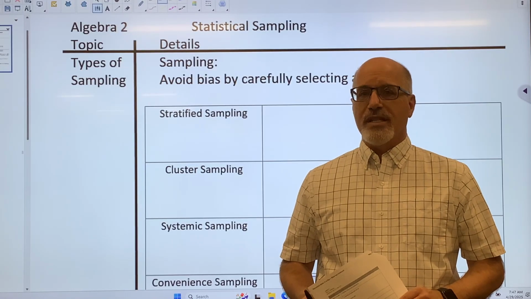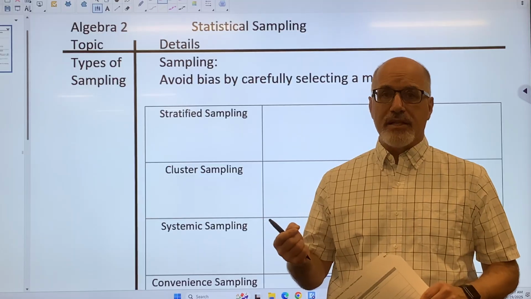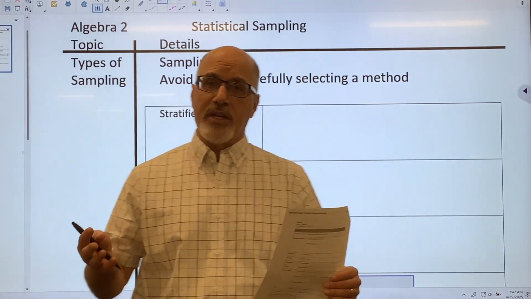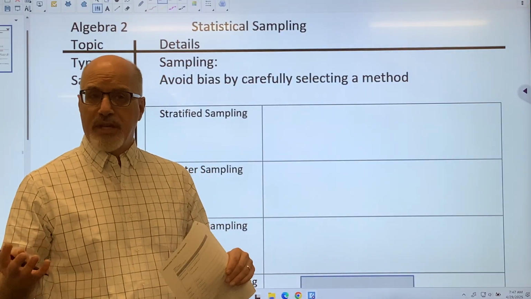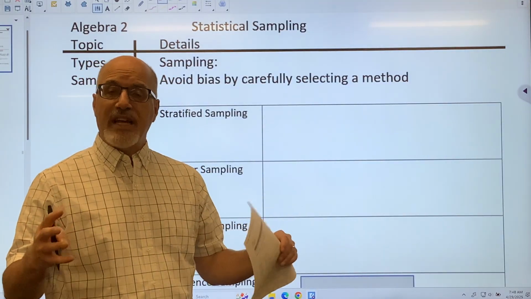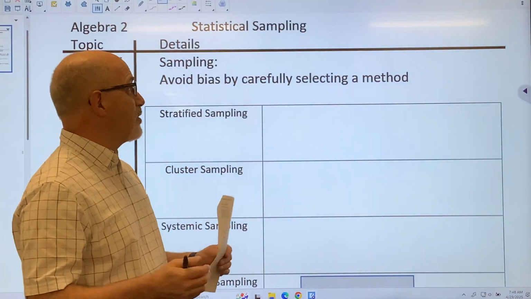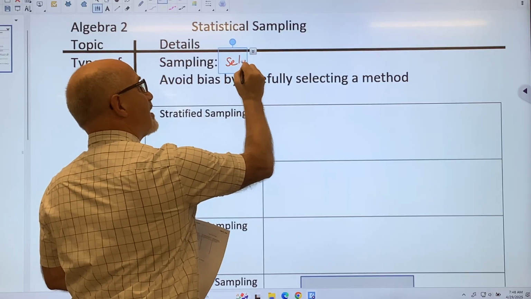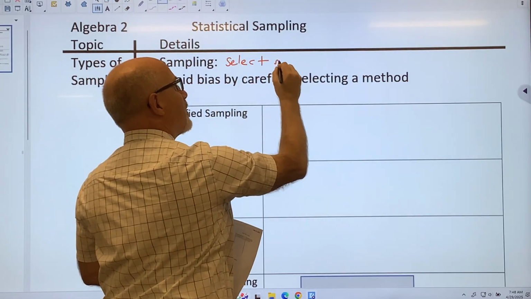As we work with statistics, we want to understand how to get the least amount of bias in our sampling. To sample means to go to the population and take out certain individuals or things, look at those, find the information for those, and then get the data for those pieces. So sampling is to select members of the population